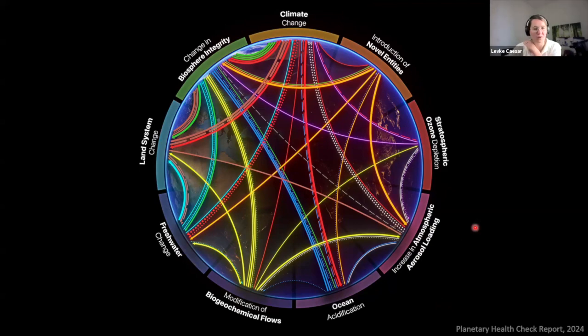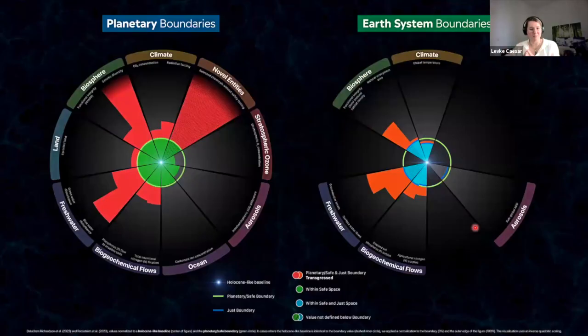What I want to finish with is that the planetary boundary framework has been around for over 15 years, and it's being picked up now to evolve. We are doing that mainly in our team scientifically, but there are also initiatives to evolve it, let's say, ethically or justice-wise, in the sense that here on the left, you see the original planetary boundary framework with the 9 planetary boundaries. And the Earth Commission actually used this concept and proposed an extension, which they call the safe and just operating space, which is shown here on the right.